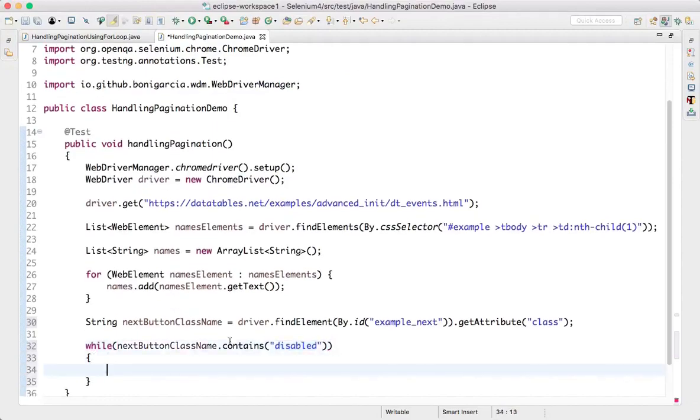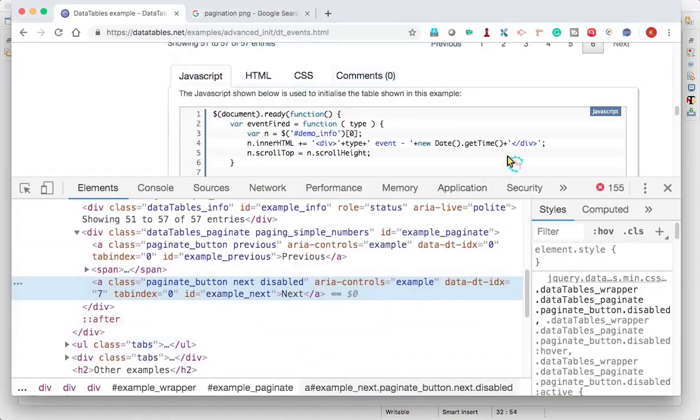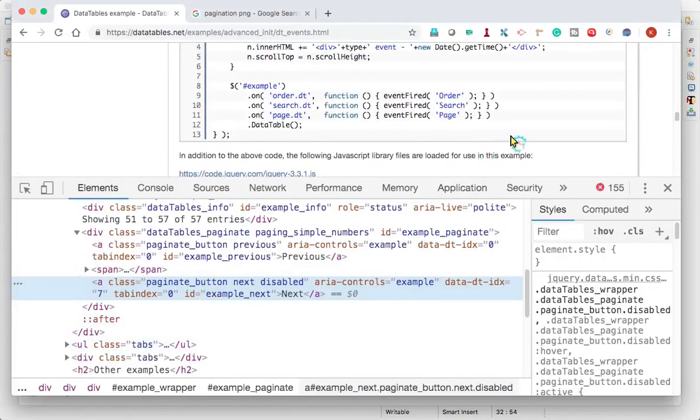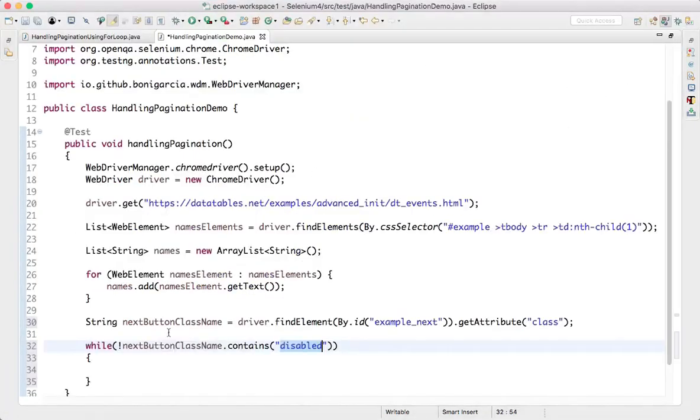When you put an exclamation mark, the negation, this means while this next button class name does not contain disabled. If it does not contain disabled, keep clicking on this next button until it reaches having disabled in the class.